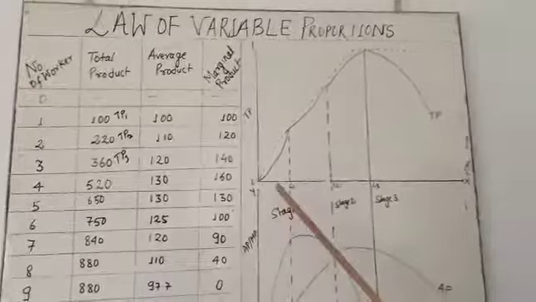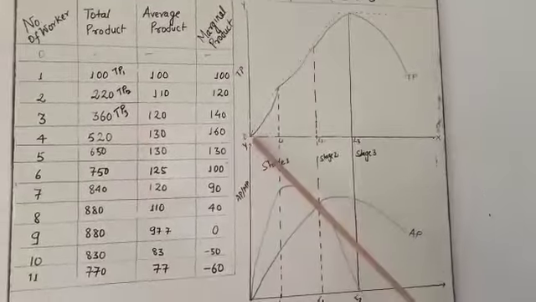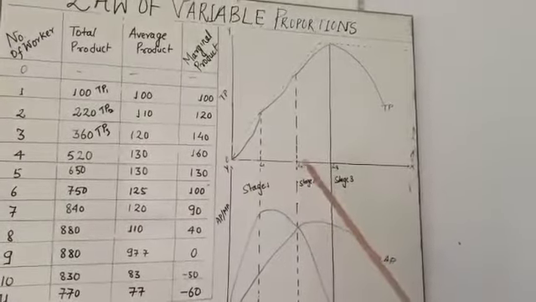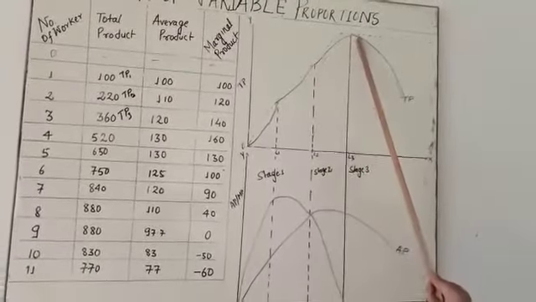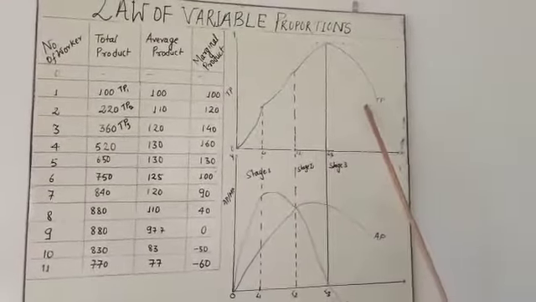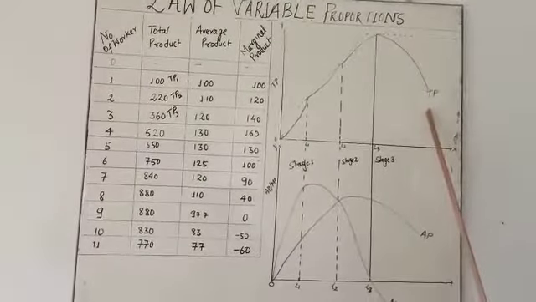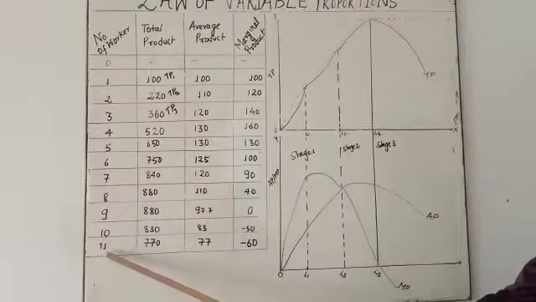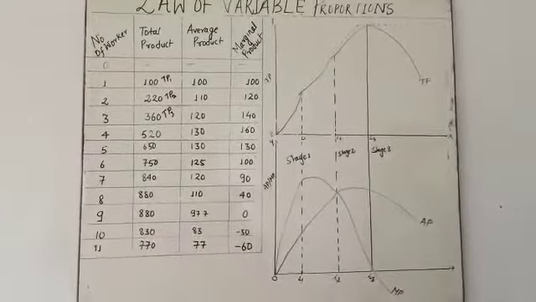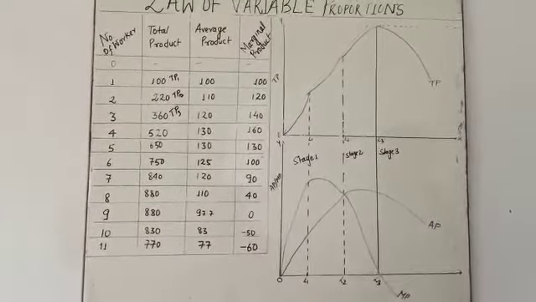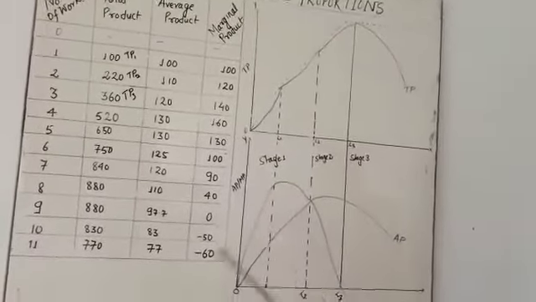See, this is the TP graph. You observe here, TP is going to be increased. When the labor is increasing, labor 1, labor 2, labor 3, the TP is going to increase, but TP is going to fall at a certain level, but it will not touch the x-axis. Means TP cannot be negative. It is always positive, because whenever the producer produces some goods, it can change, but it cannot be negative.